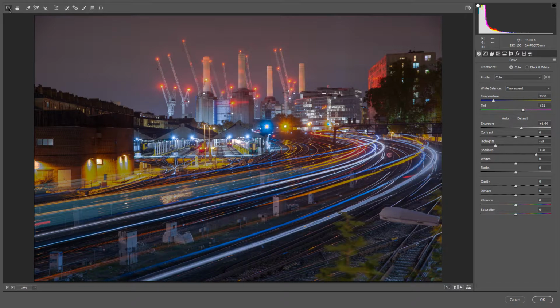So very cool. So now I want to add some clarity, and as you can see, clarity is like adding contrast, just focusing on midtones, not the overall image. So it's looking quite cool, as it's like sharpening the light trails of the trains. So I want to see my whites, probably just a bit too much, bring down the highlights a bit more, add a bit more contrast, obviously some vibrance,